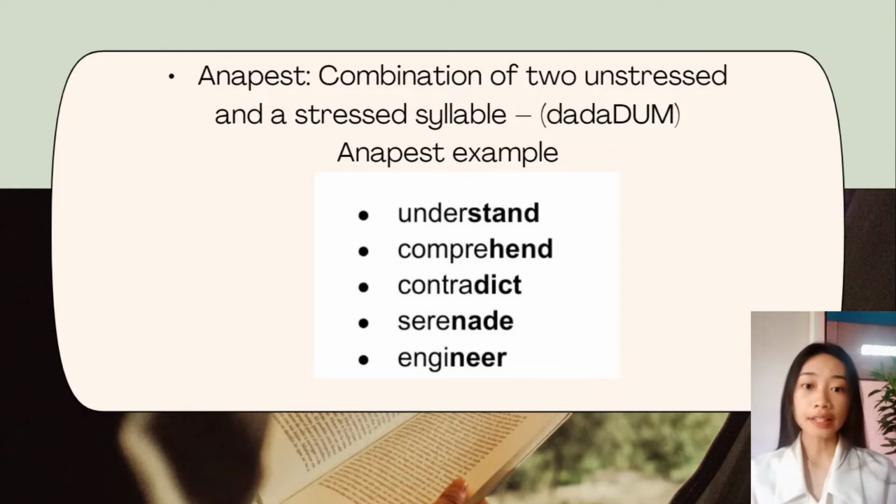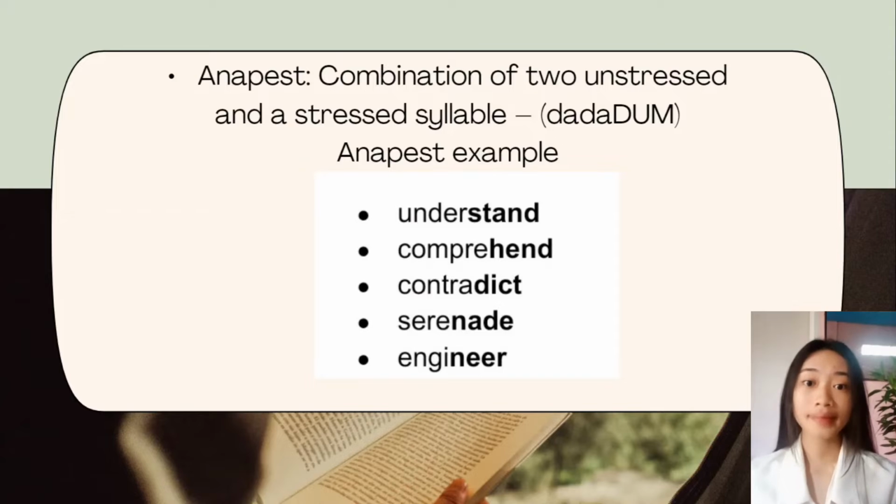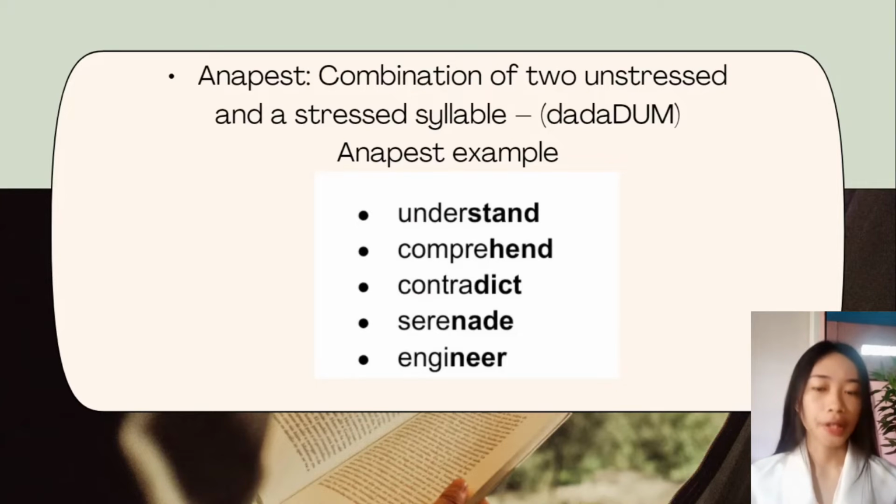So now let's proceed to anapest. So anapest is a combination of 2 unstressed syllables and a stressed syllable. An anapest is a type of metrical foot. The syllabic pattern for an anapest consists of two unstressed syllables followed by a stressed syllable. So anapest can be seen throughout English poetry and verse plays, but they are most frequently employed in comic verse, such as limericks. So we have here the anapest example,